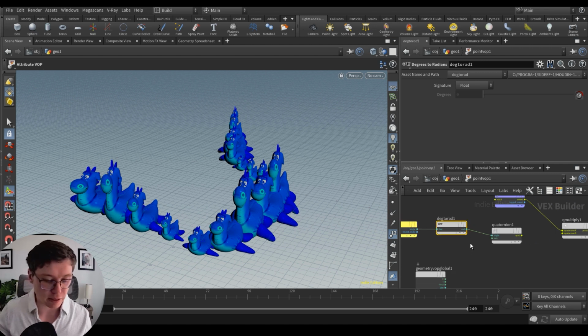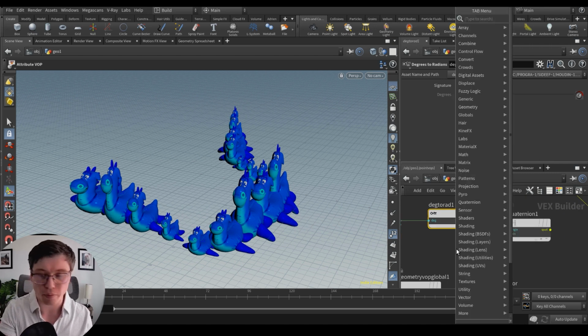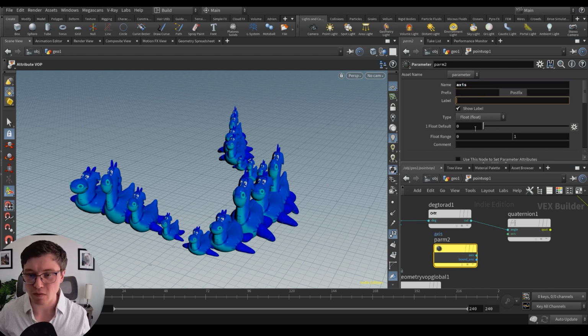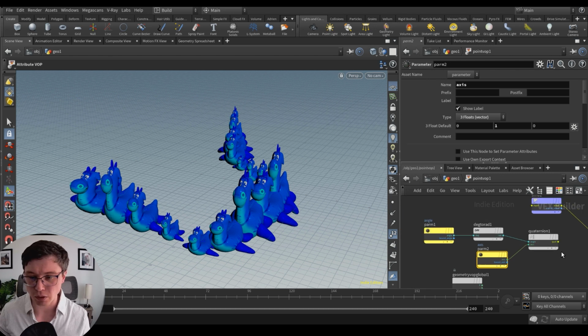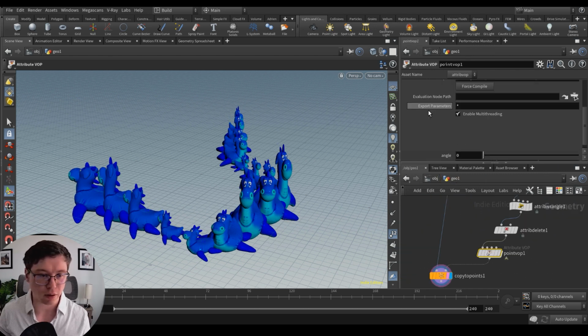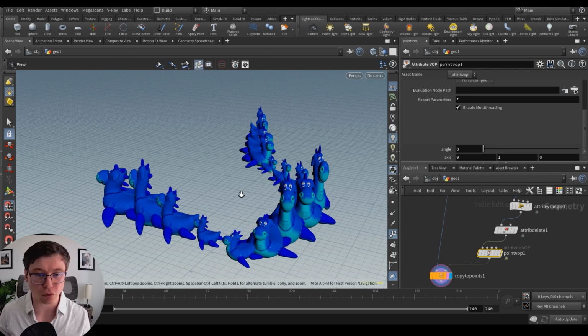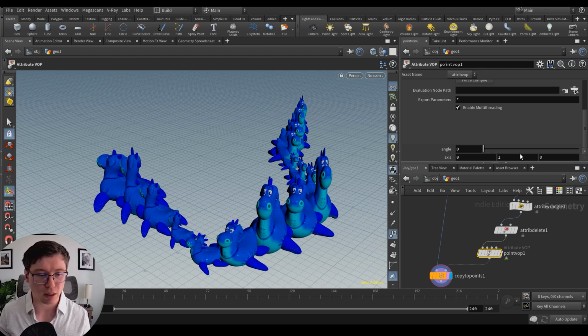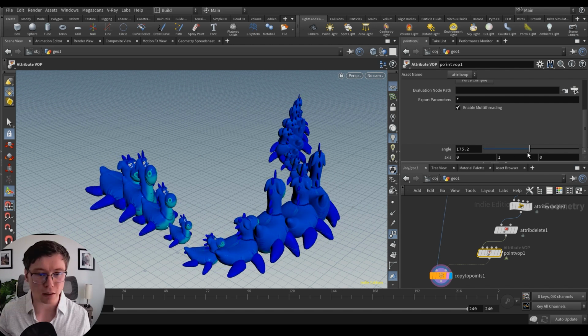Now we need the axis. Let's drop another parameter so that we can control that upstream. I'll call that axis, and it needs to be a vector. The default value, I'll set it in Y. Neat. So just with this, we can Q-multiply, and let's see what we get. So far, it's just picking up the original orient that we set up. That's just following the curve, but we can now add an extra angle to it.